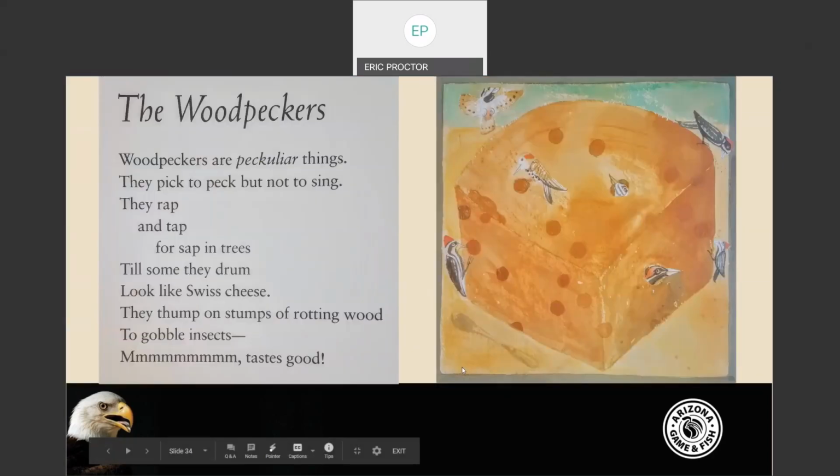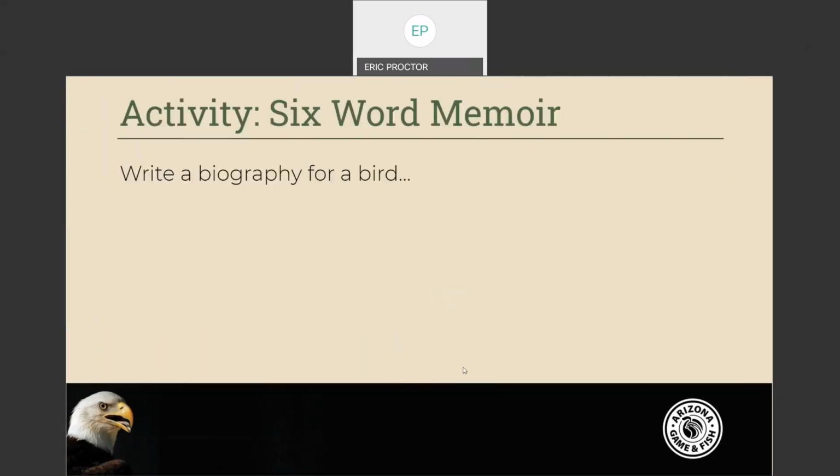I'm big on introducing literacy into the students. You saw with the reading activity I had before, the poetry one, and then this one is another one that I use at a lot of my workshops that I like to incorporate in. This is called 6-word memoir, and the idea is to really get the kids to practice conciseness. How do they write concisely, but still get the main topics? So in this case, you ask the kids, this could be after you've been teaching about birds, they have to select a bird, and their job is to write a biography of the bird, write something about the bird. But the limit, of course, as you can probably figure out from the title, is that they can only do 6 words. No more, no less.